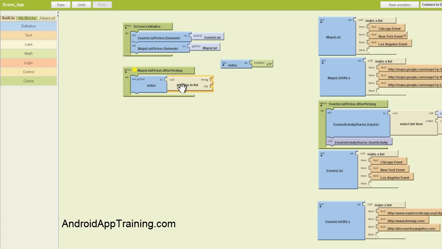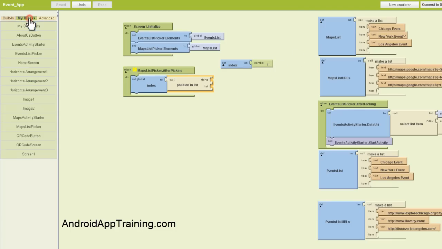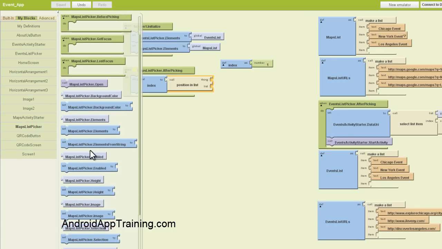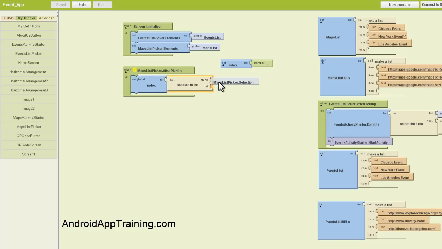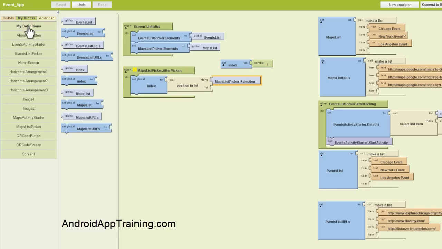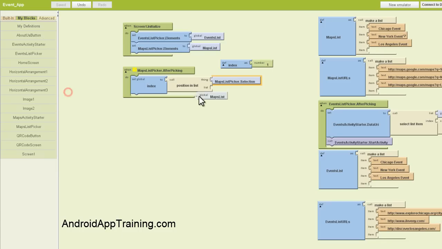drag that in. Now we're going to tell App Inventor that when we have our list picker, our maps list picker picked right here, where it's going to go, and that's going to go to our maps list. So let's go find our list picker for our maps list picker, and we want to use maps list picker selection right here. So when the maps list picker is selected, which list are we talking about? And in this case, we're going to go to the definitions we created and find our maps list and plug